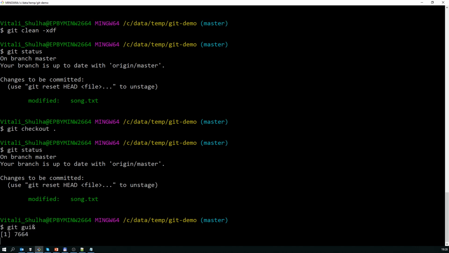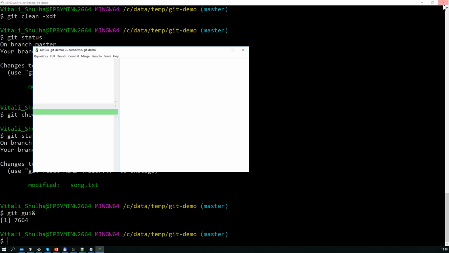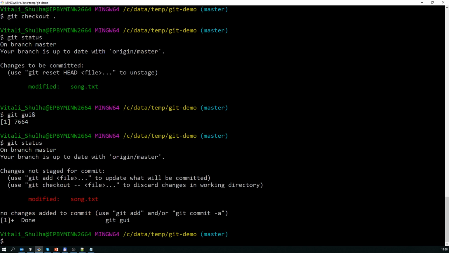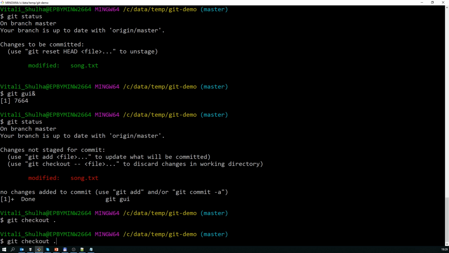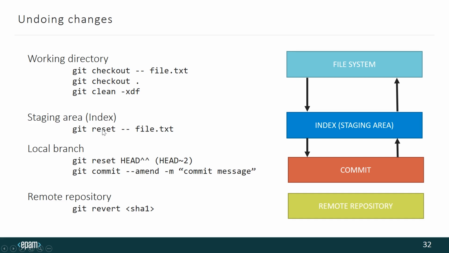How else can we do it? We can open the Git GUI and from the staging area in the lower panel, click the icon and move the file to unstaged. Here I simply clicked on it and pulled it to unstaged. Now I call git status once more and I see that this is marked in red as modified. And now I can roll it back using the command git checkout and now it's gone. If we are at the index level, in order to change a state, to revert the file to the original version, we can use the command git reset using the console,